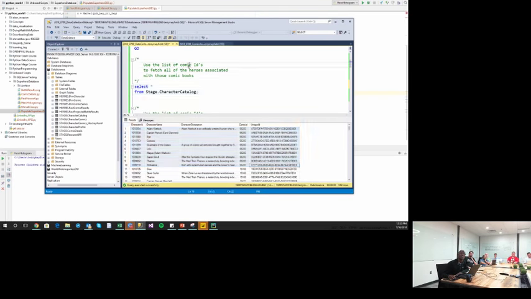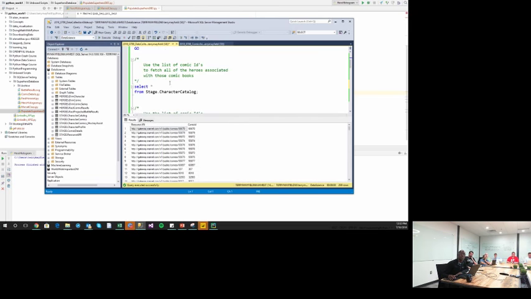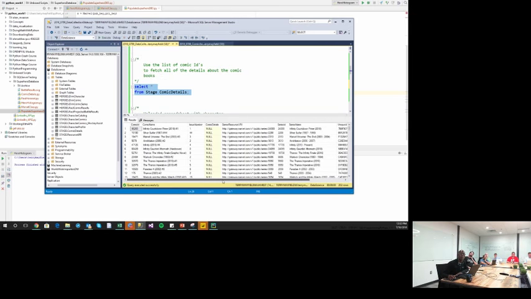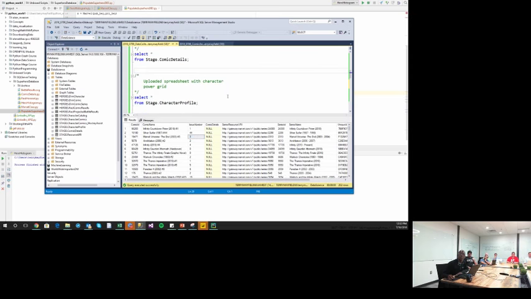So again, the process is to fetch data from every comic book that features Thanos, grab every character that's ever been in a comic book featuring Thanos, and grab all the details from a different API, from a different endpoint. So things like what series was it in, what's the name, what's the issue number, things like that. And that's how we build up the information regarding the comics.